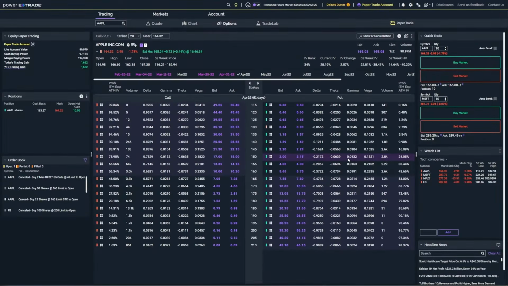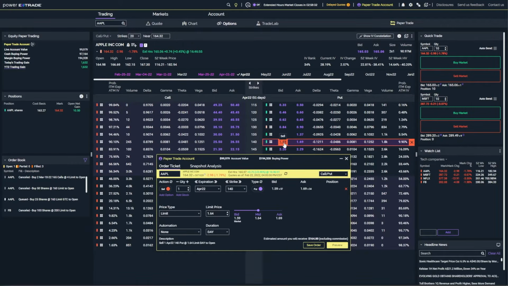To do that, it's the exact same process. We simply need to click on the ask of the option we want to buy, the bid of the option we want to sell. So just doing a very simple option spread, let's say we wanted to sell a vertical put spread on Apple, so we're kind of neutral to bullish on it, and we wanted to sell the 140 put, so we're going to click on the bid of the 140. We're then going to buy a further out of the money put, creating the vertical put spread. So in our case, we're going to do it 10 points wide and click on the ask of the 130